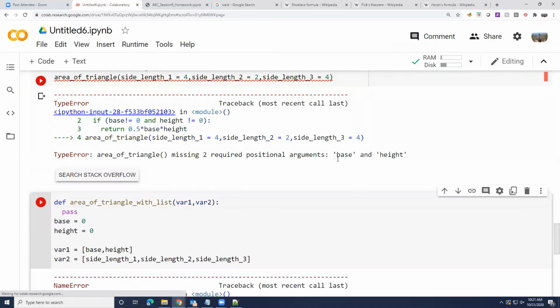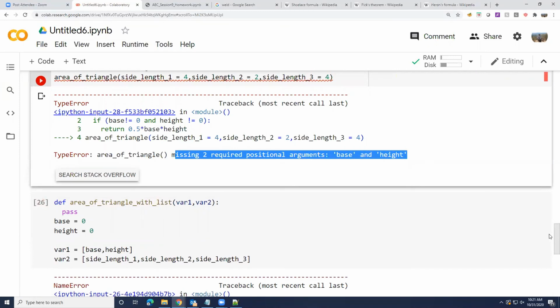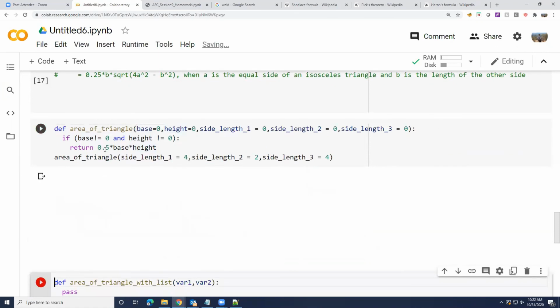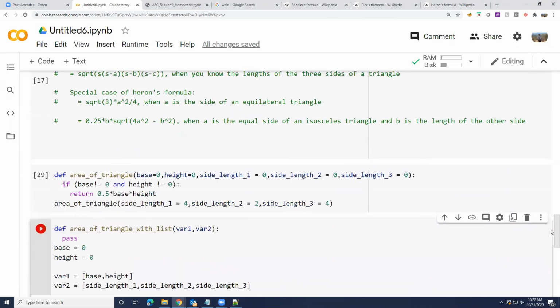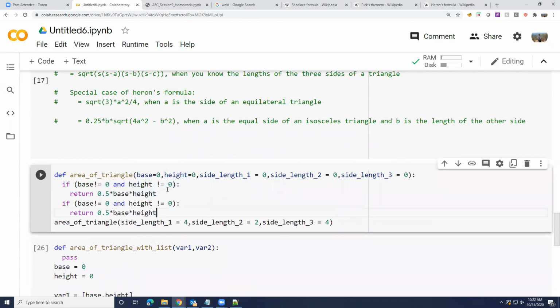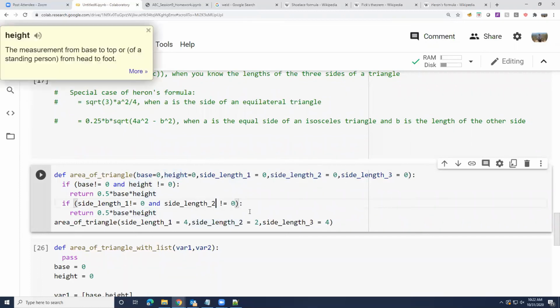Let's try that. So it says it has two required positional arguments, base and height, and you did not pass them, right? So I have to maybe make these two also zeros. So I'm making these two also zeros, and now it should accept, but it won't return anything because I didn't do much with it. So I'm going to copy this now and say if side length 1 not equal to 0, if side length 2 not equal to 0.